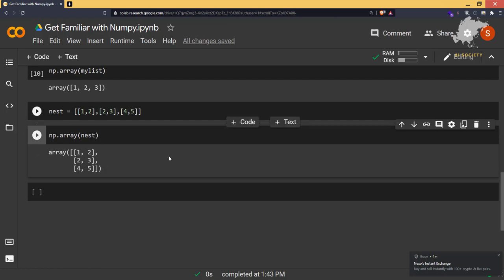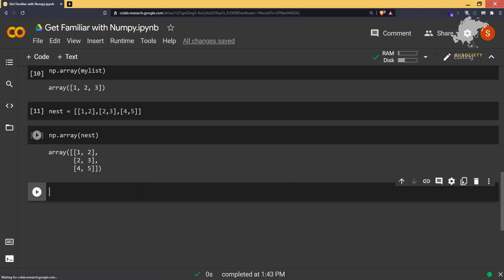In the same way, you can create a 3D array, 4D array, whatever array you want to create, in the normal way. But in real world scenarios, we don't convert a Python list into an array. It's very rare, though sometimes we need this functionality. In the real world, whenever we want to create an array, there are other easier ways to do it.